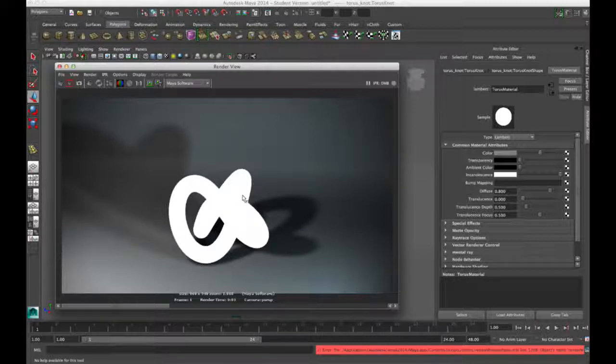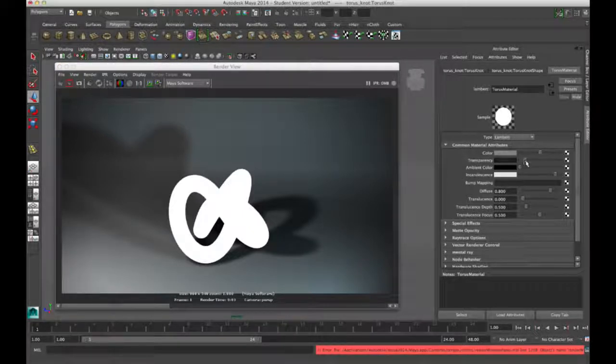The incandescence is very good when we want to light up a scene in mental ray, which we're going to see later on, where we want to actually use it as a light source, or we can fake an object like a light bulb, or let's say this is a fluorescent light. What I could do is go to my incandescence